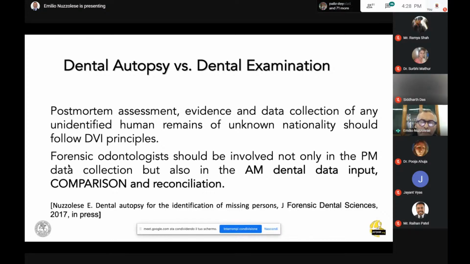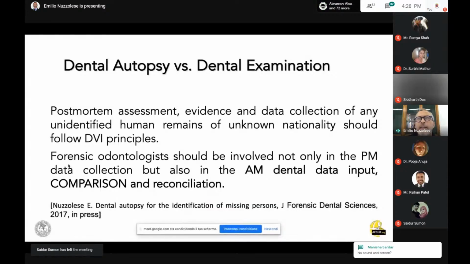This is the reason why forensic odontologists should always be involved when there is the need for an identification autopsy, because there is a huge difference between a judicial autopsy and an identification autopsy. The judicial autopsy is the autopsy where the judge, the magistrate, is asking the medical examiner or the forensic pathologist to assess the time and the cause of death, which is basically what they need to understand in order to establish if there are any penal, any criminal reasons behind the death.